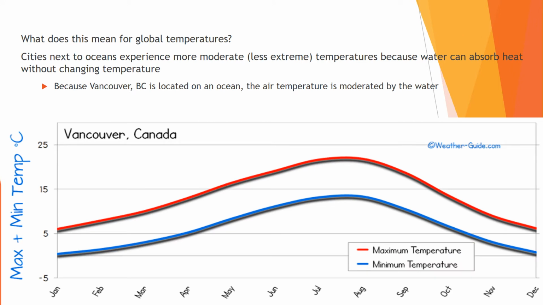Now, this accounts for a phenomenon that happens with temperatures around coastal areas. So for example, Vancouver, BC. I don't know if anybody's ever been there. I haven't been there myself. I hear it's beautiful, but Vancouver is right on the ocean. It's on the Pacific Ocean. And the thing that makes Vancouver really attractive for people to live, right? Houses there cost double or triple what they do in Edmonton. There's lots of people there, and the reason why so many people are attracted there is because they don't have